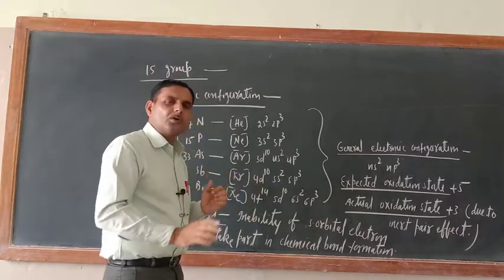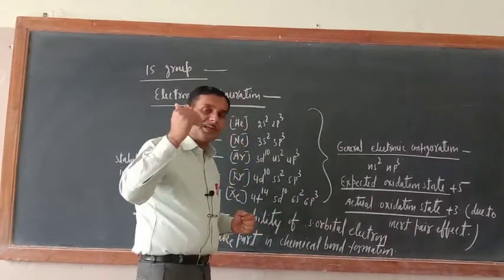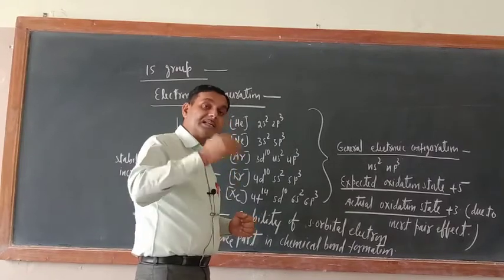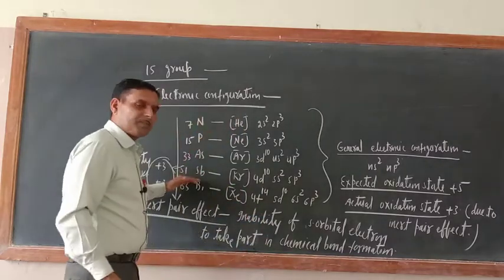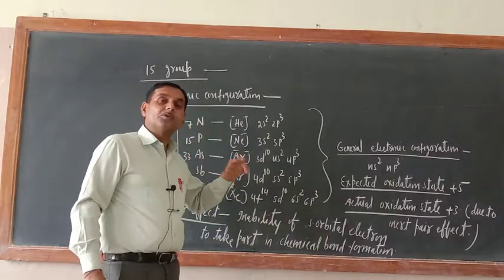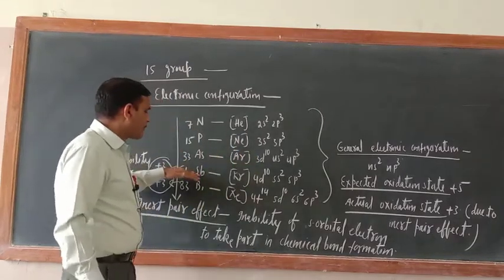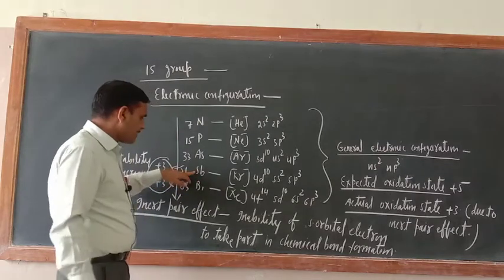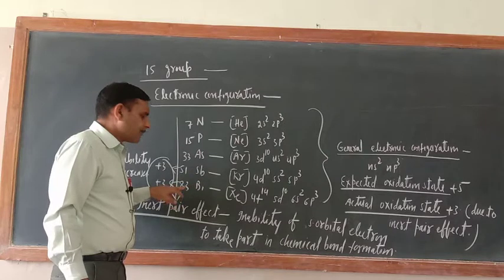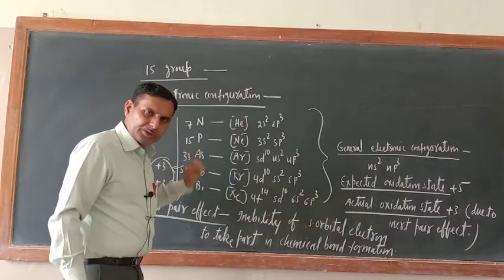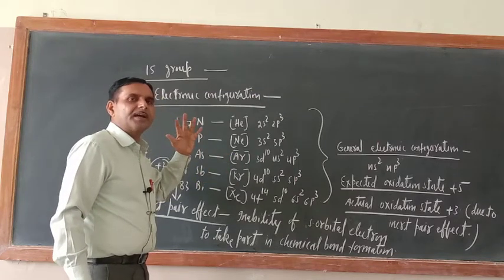Okay, so an s orbital electron will not feel the attraction by the nucleus, but a p orbital electron will also feel the simultaneous attraction towards the nucleus. But what about the heavier members? Heavier members are those with a higher atomic number. In the 15th group, the heavier members are antimony and bismuth, because antimony's atomic number is 51 and bismuth's is 83. So they are the heavier members and mostly they will exhibit the inert pair effect.